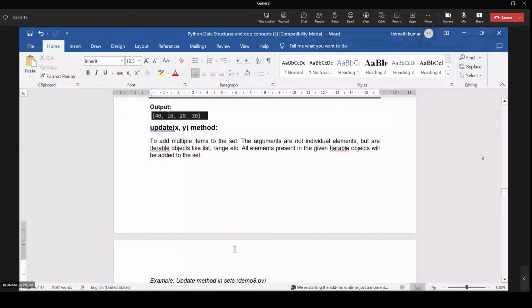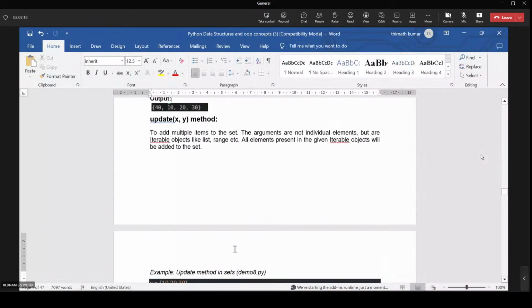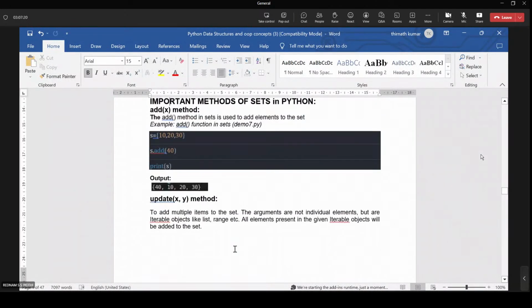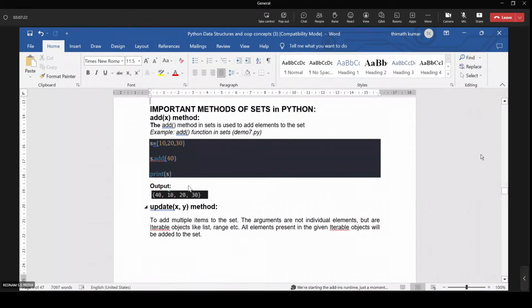The important methods of sets in Python. First one is add of x, that means add an element to the existing set. Next one is the update(x, y) method.